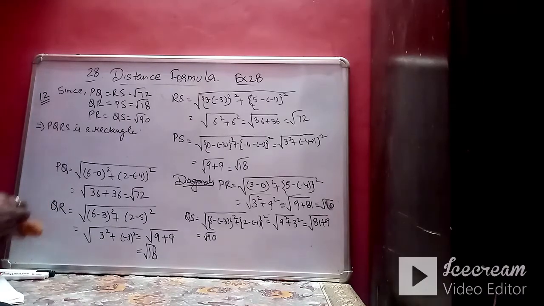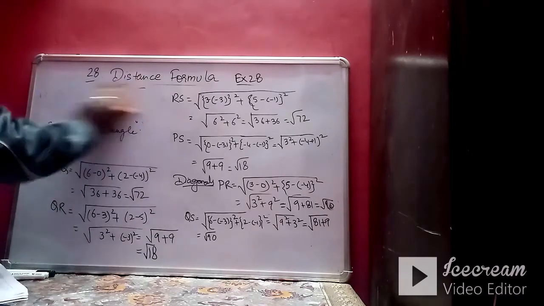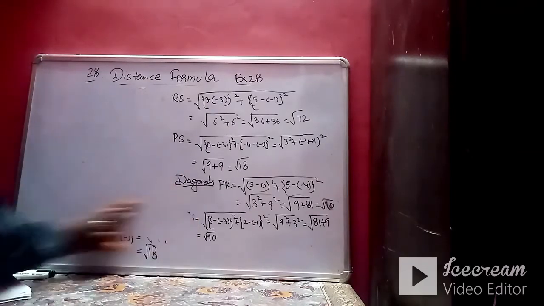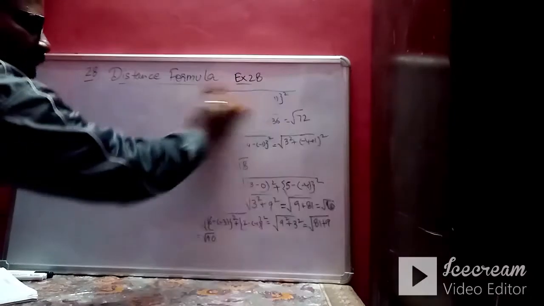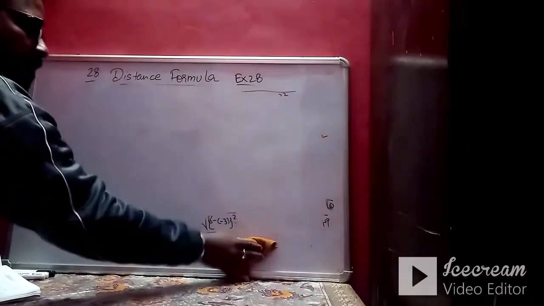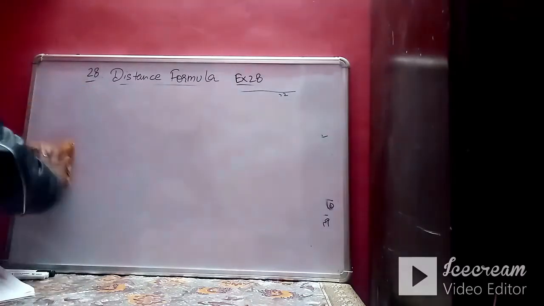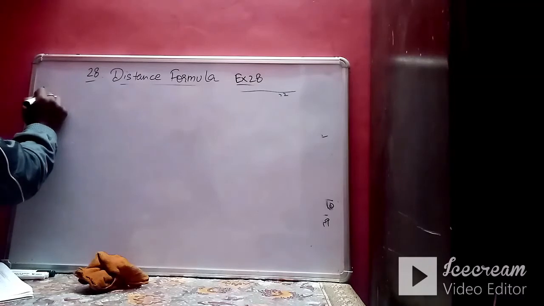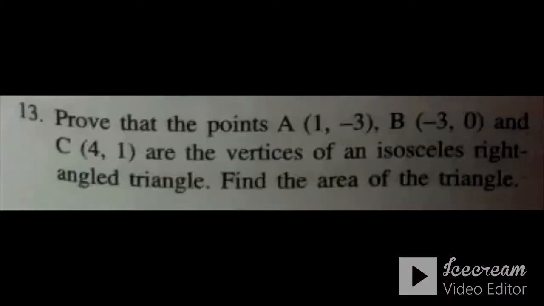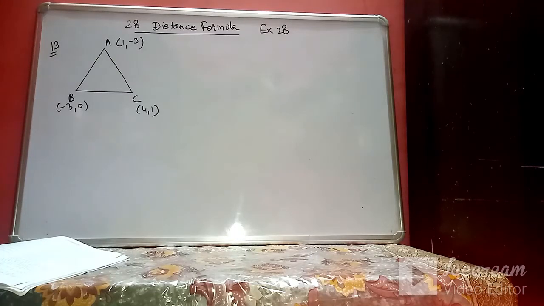Okay, then let's see the questions related to types of triangles. So question number 13 is there. Okay, so in question number 13,